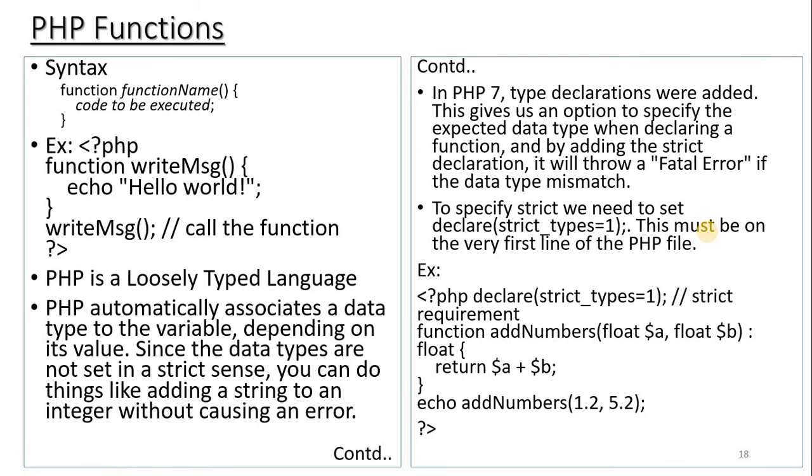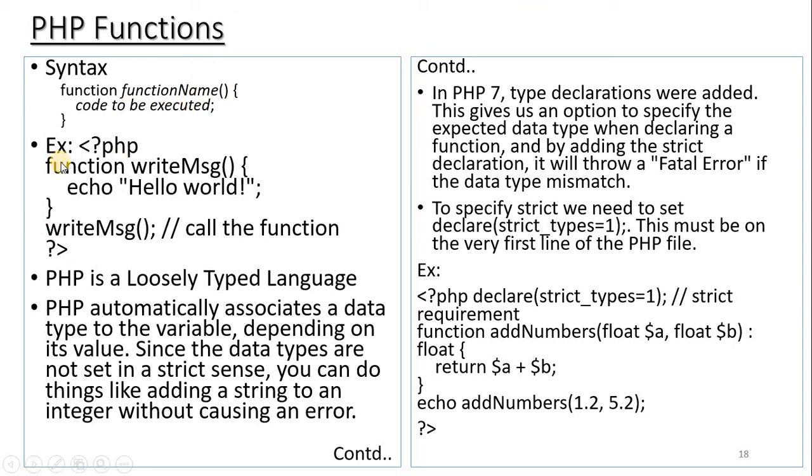So next we will see the function. So function, what is a function? So function is a block of code. The main advantage of function is reusability. Okay, so here in PHP, this is the syntax for the function. So function is the keyword and this is the name of the function. Okay, so function is the keyword used for declaring a function, and whatever code you are going to write within the function is enclosed in this particular block, that is opening curly brace and closing curly brace.